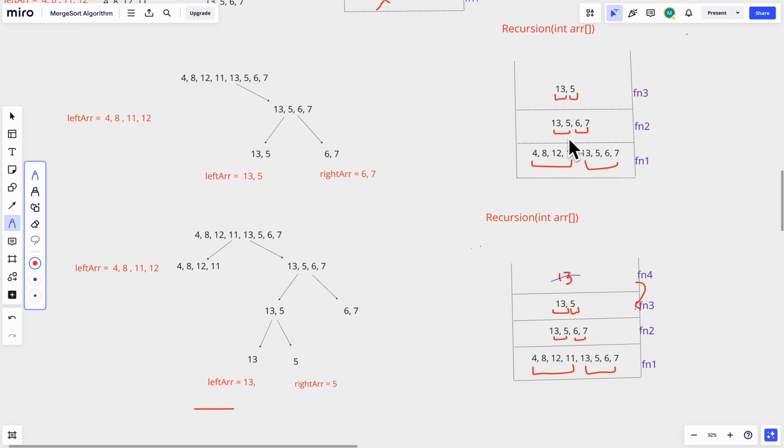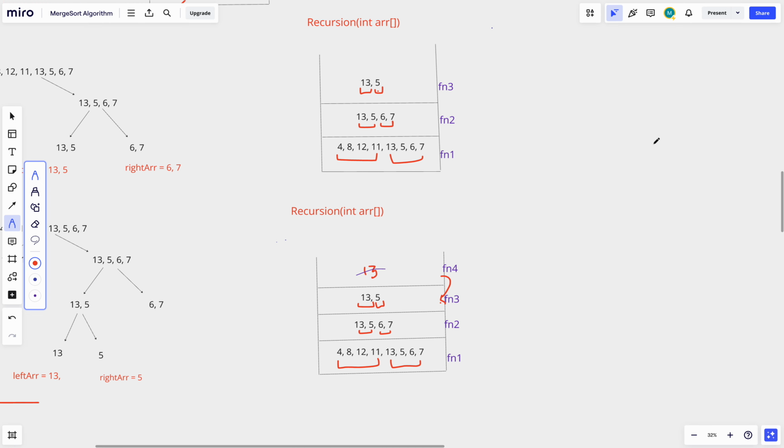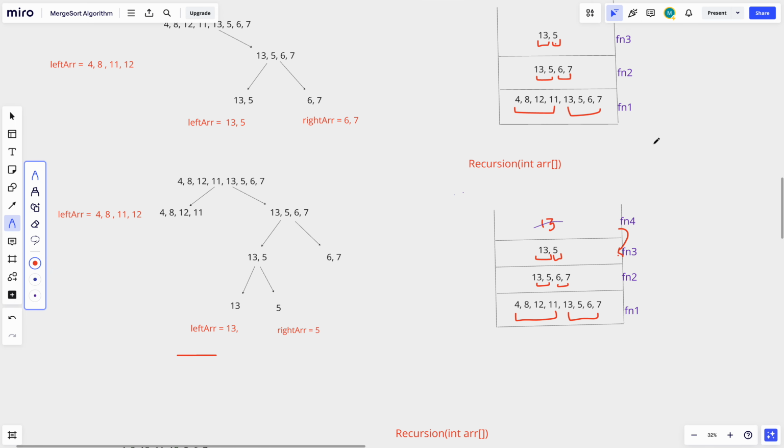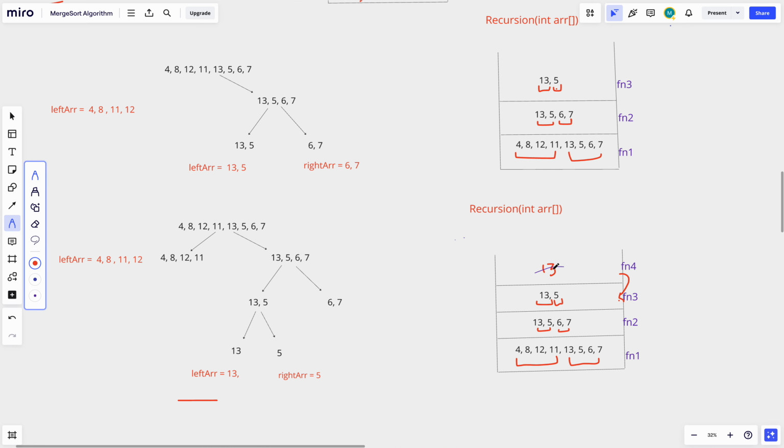13 comma 5, again 13 comma 5, sorry, 13 5 6 7, and taking the left and calling the recursion method, and 13 comma 5 it will go and keep into the stack. And now come here, 13 comma 5, right? Again I am calling this, taking this 13 and calling this array, and the length is only one, so it will come back, and left is over and right is remaining. Again taking the 5 and calling this recursion,